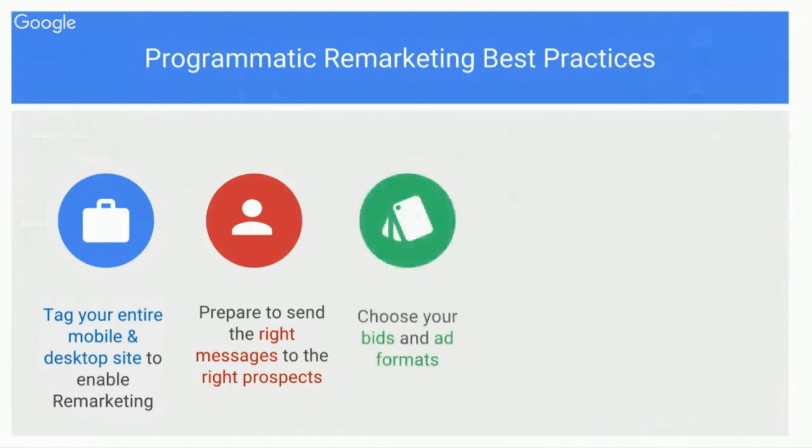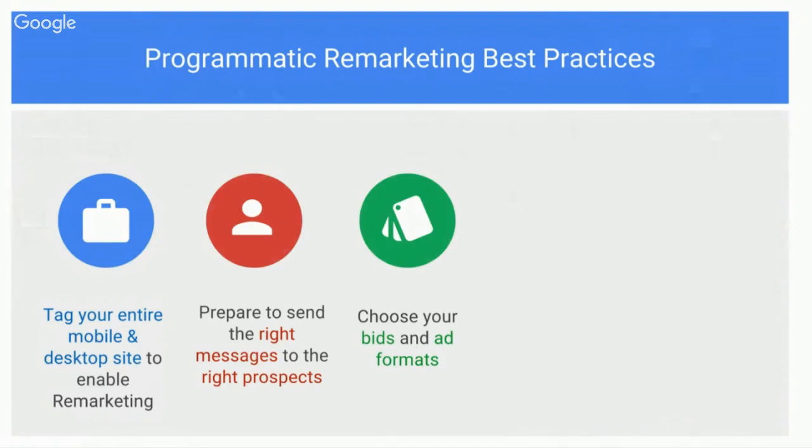Next, you want to set your bids and ad formats for success. Pair remarketing with Conversion Optimizer, which we'll come back to later. And then you also want to use all display ad sizes and formats, including text, mobile, image, and HTML5. Use dynamic remarketing to show the most personalized ad possible. And then, if you're already using Conversion Optimizer, we'd recommend you take the next step and move from Conversion Optimizer to target return on ad spend.